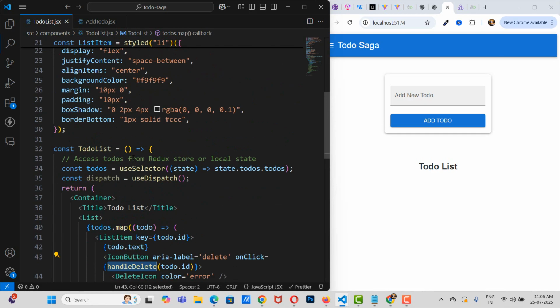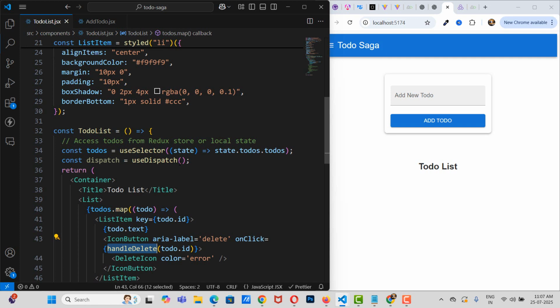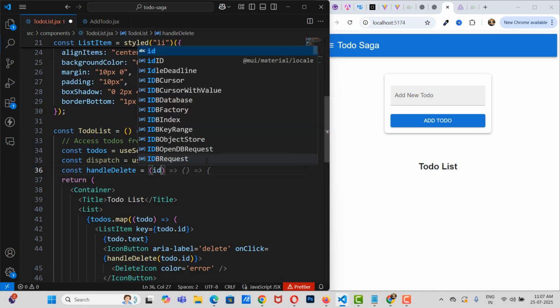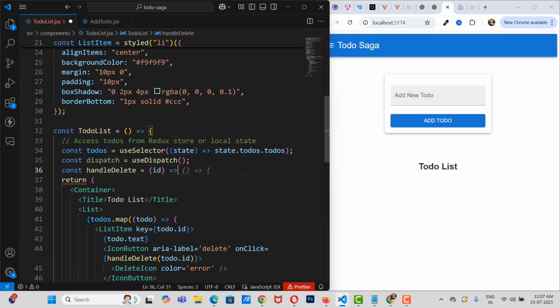So this function we need to create. Here I'm going to say const handleDelete, and we are passing the id as an argument, and then we need an arrow function,